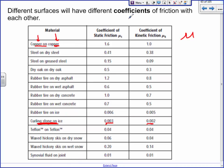Can you guys see, though, that the static friction numbers are always bigger than the kinetic friction numbers? This one's bigger than that one, this one's bigger than that one. Okay, I guess this one's the same, but...